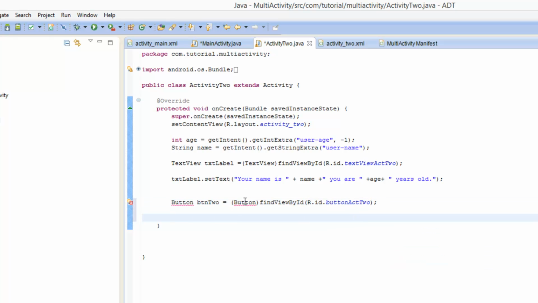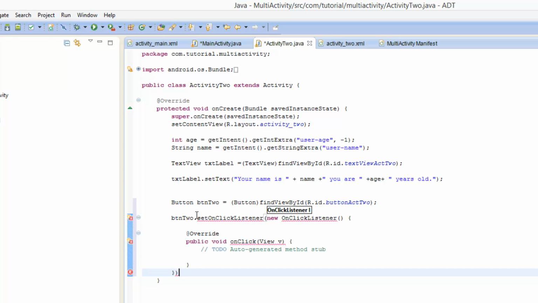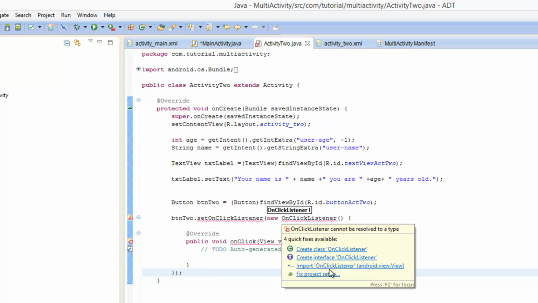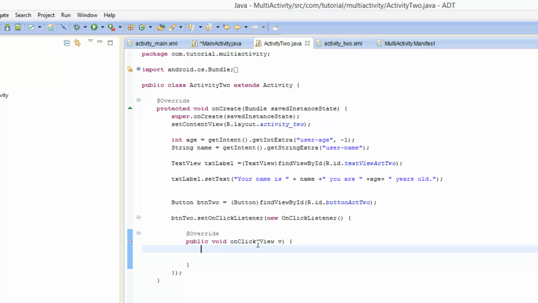Unless I know what the app is actually doing. So we're gonna have a button that says done, and then we're gonna send data back to the first activity. So button 2 dot set on click listener, new on click. All right, again import this. I need to remember that keyboard shortcut to help me out here. Right, so what we want to do here is